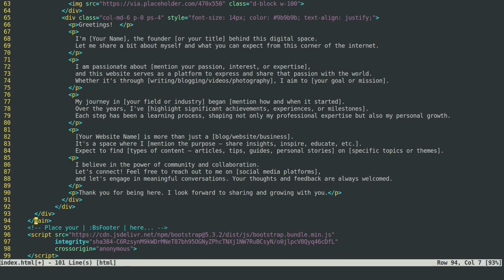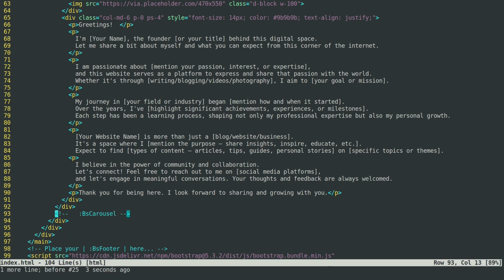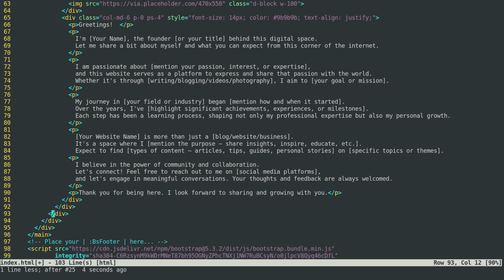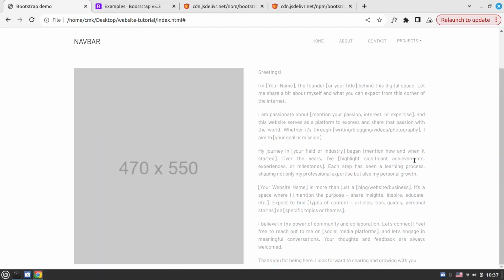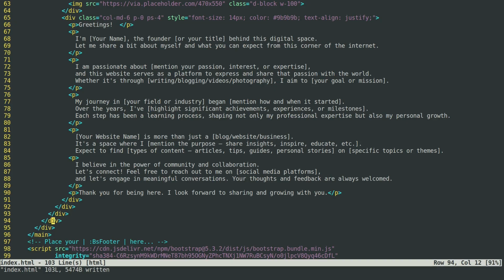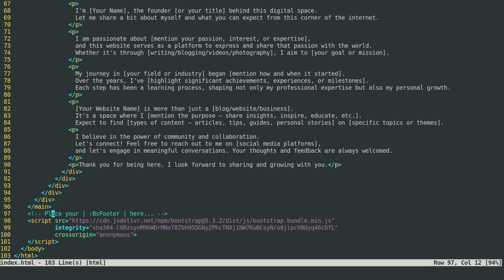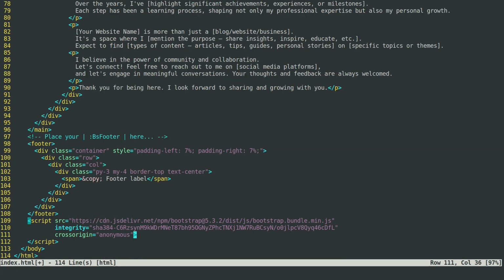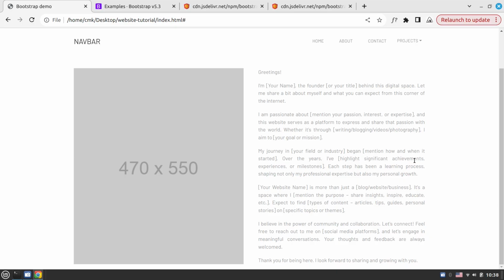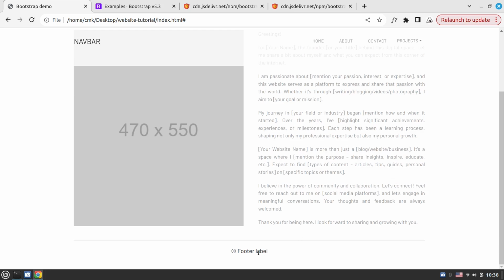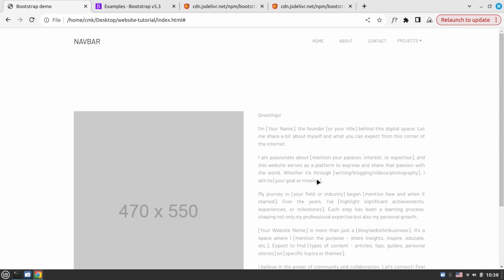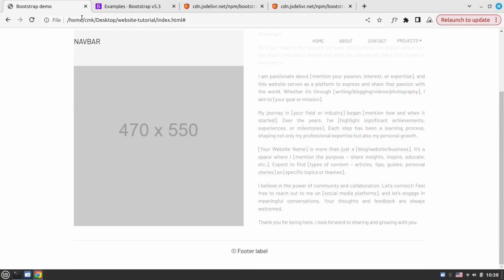Last but not least, I want to add the footer. So BS footer, and yeah, footer label. So right, and now we got the footer here. So footer label, you can add the year, the company name, whatever, and already it shows how particular the navbar is actually